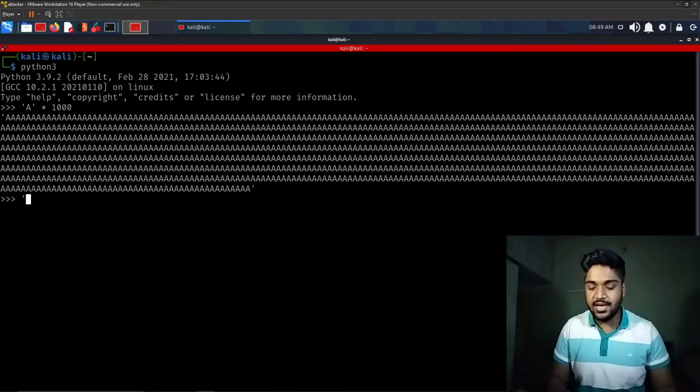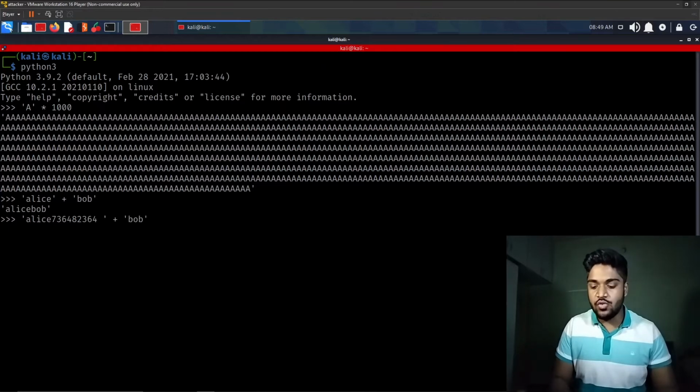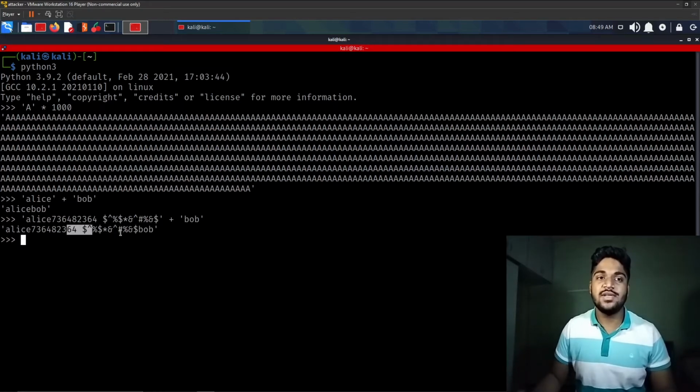For example, again, if I want to do a concatenation, I can do Alice and Bob, and this will run as smoothly. Again, I can just put anything. Let's say I want to put numbers, or a space, or some symbols here. I can do that, and it will run smoothly without an error.